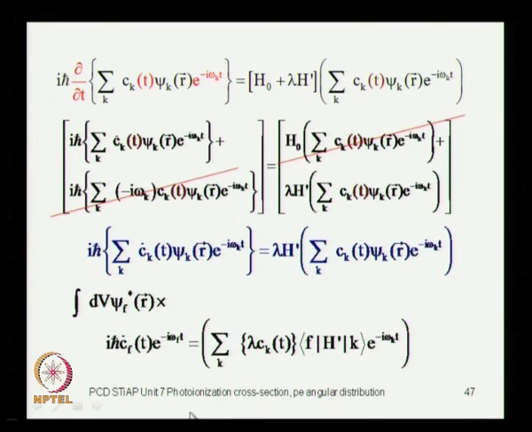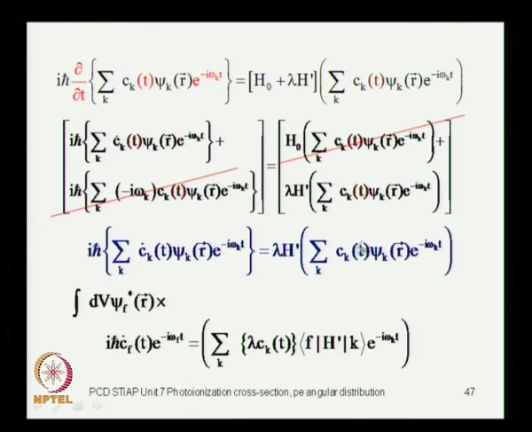So, you multiply by psi f star, the complex conjugate, and integrate over the whole space. So, you get only one term corresponding to k equal to f. So, here you have got the coefficient c f dot, which is written over here, this is i h cross. This psi k with this psi f has given you a delta f k, and summation over k has given you a single term. You got the e to the minus i omega k equal to f. So, this is a minus i omega f t over here,